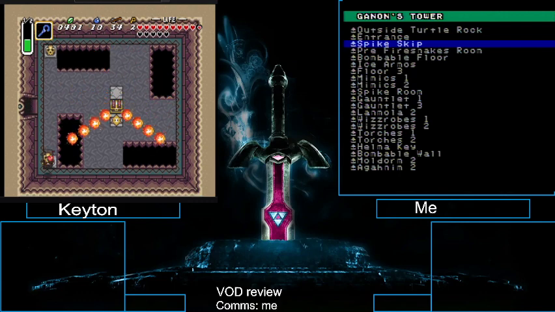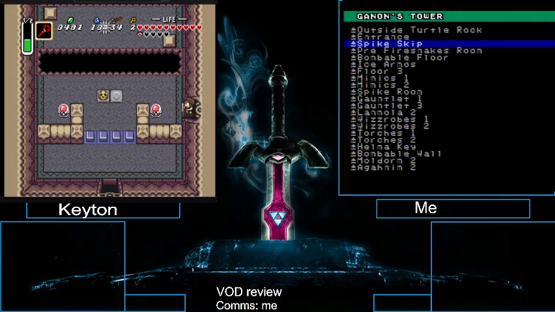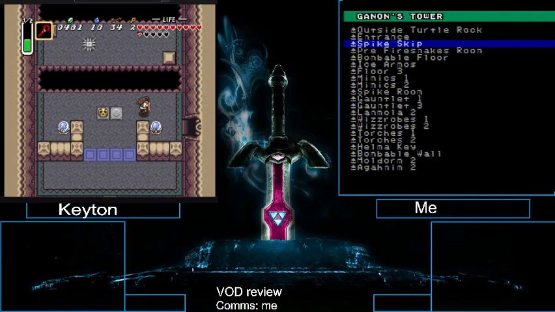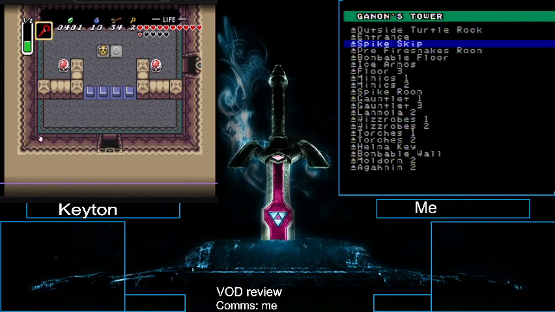Okay, very good. Never hit that switch before you go in this room, because if your big key is here, then you just wasted time. Alright, hit the switch. Okay. You don't have a tracker up, but...